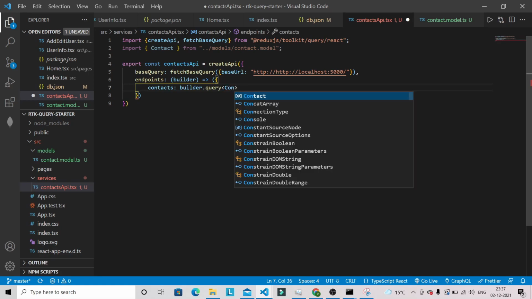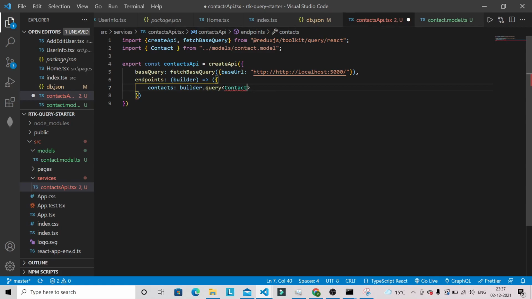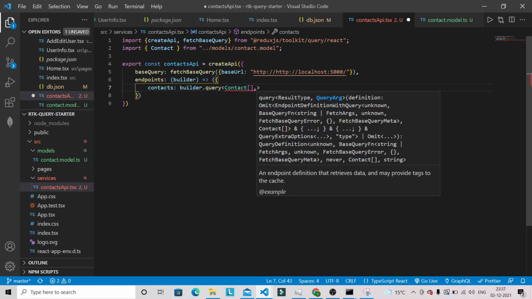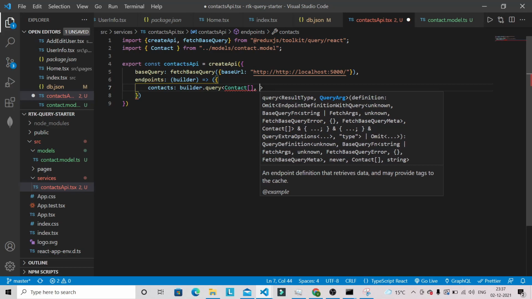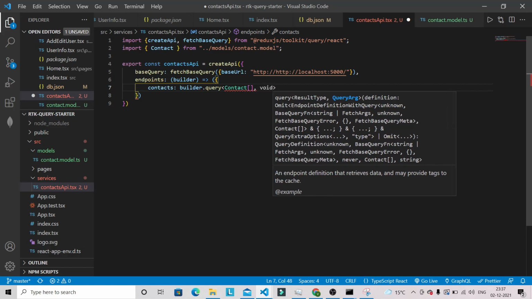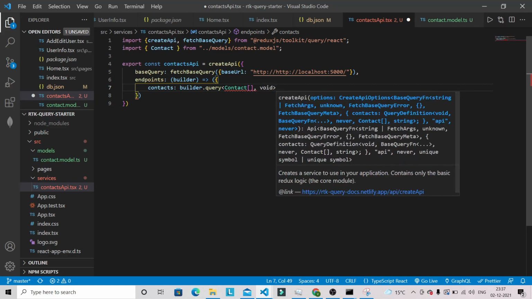So contact, and we will get all the contact in the array. So here it will be array. And guys, whenever we are going to use this query, we are not going to provide any kind of argument. So the second argument will be void. So we can give here void this way, okay.